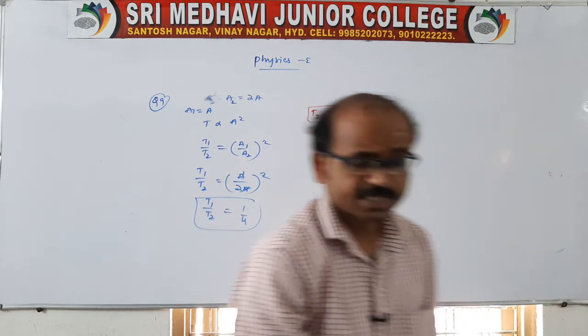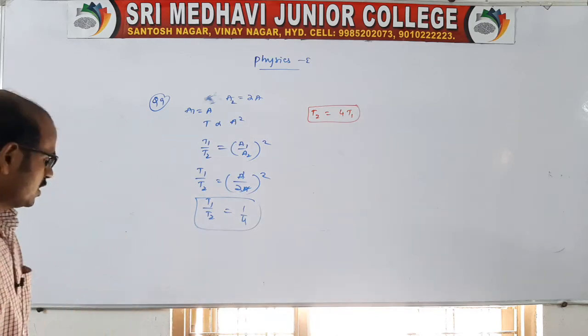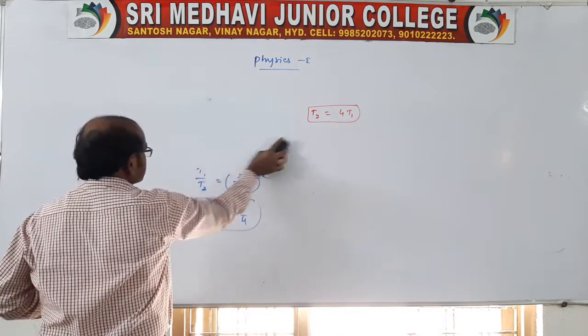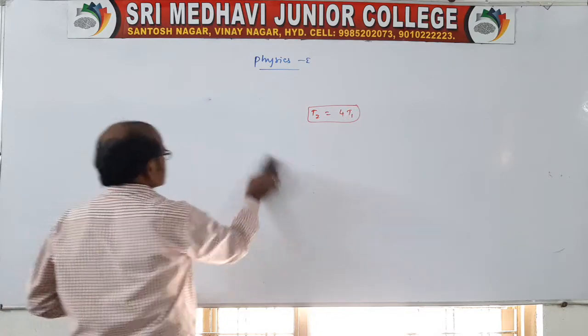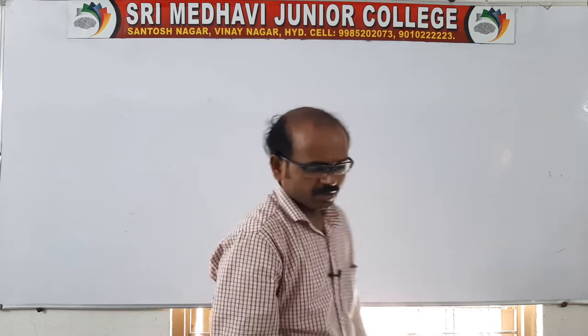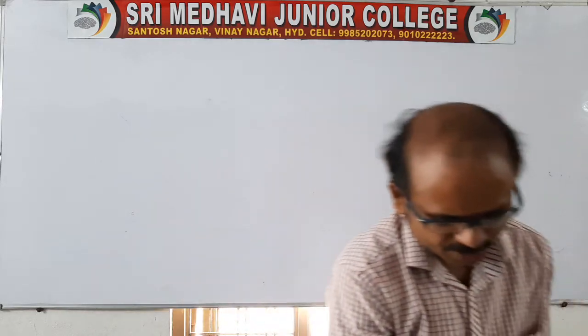Clear? So this is the simple harmonic motion or oscillations chapter. It is to be completed, and everyone remember that from this chapter we will get one LAQ. Without fail, read 3 LAQs. This chapter is related to simple harmonic oscillations. This chapter is completed and we'll meet in the next class with a new chapter. Thank you very much.